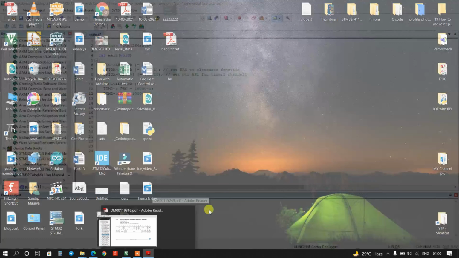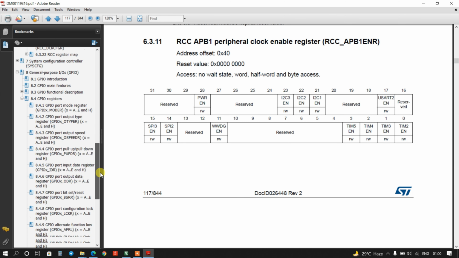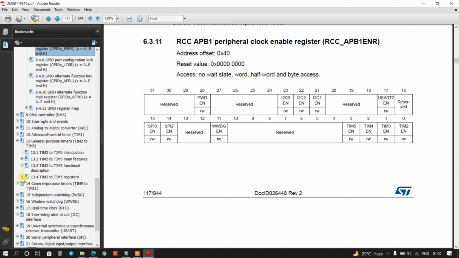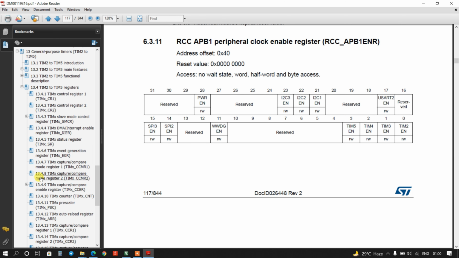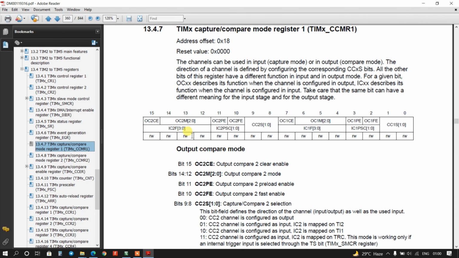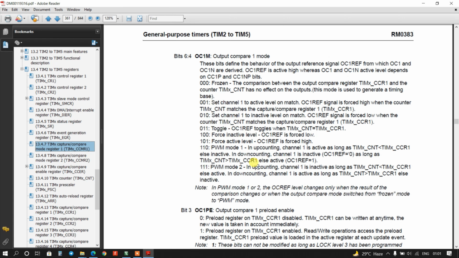Close this data sheet and go to the timer section, timer registers. There is the CCMR1 register. Okay, drag down.